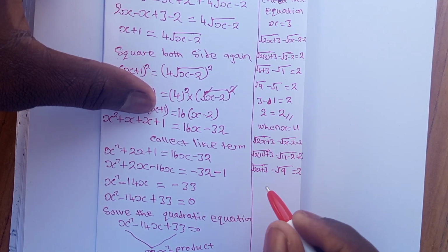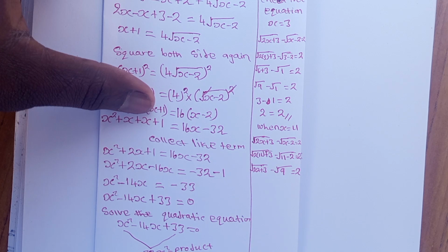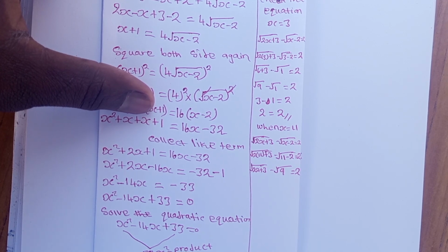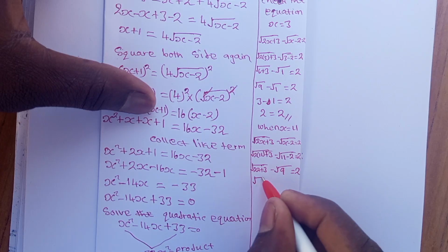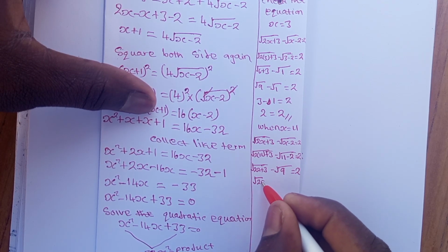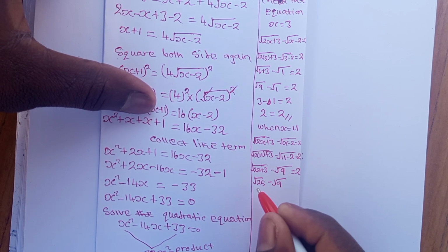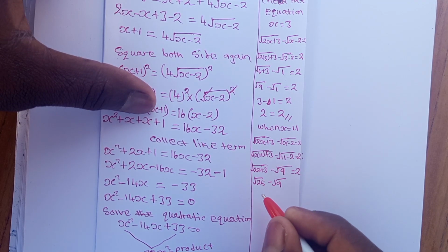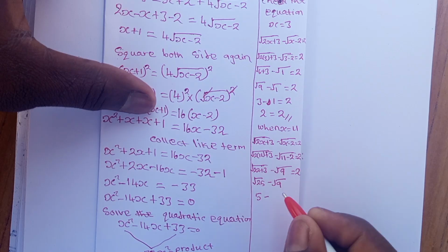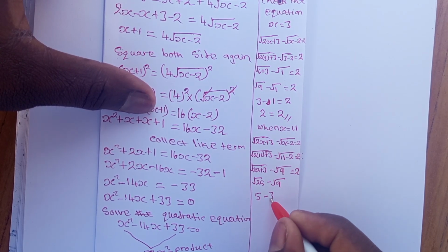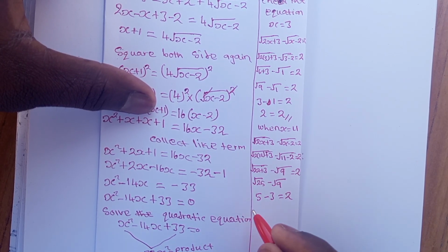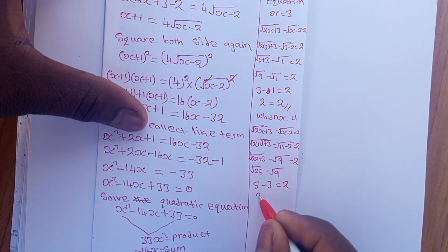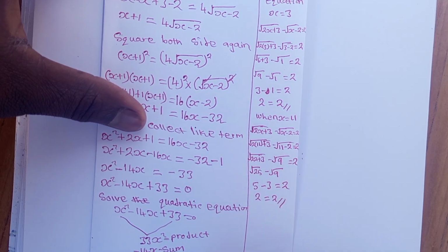So we say 22 plus 3, we are going to have 25, minus 9. Square root of 25 is 5. Square root of 9 is 3. 5 minus 3, we are going to have 2 equals to 2,